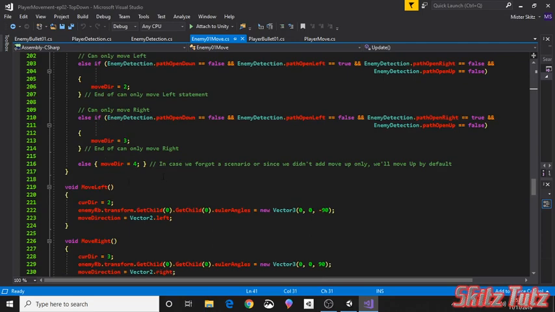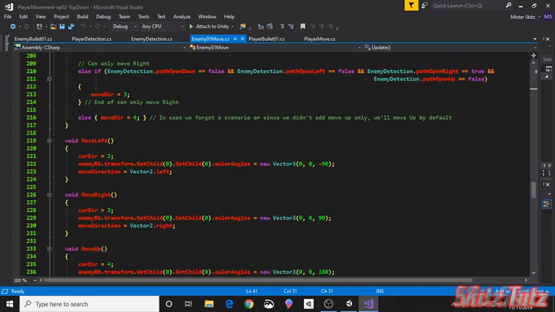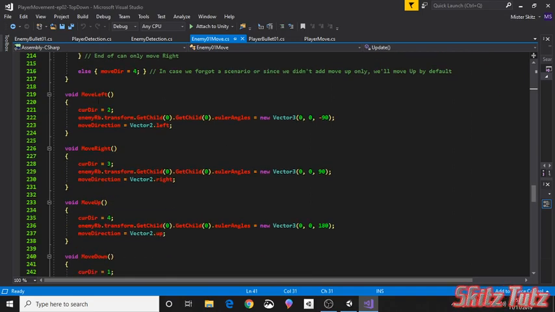And if we forgot anything, we're just going to go ahead and make them move up by default. So if he runs into a wall after that, then he'll just pick another number, and that's the way I have it set up basically. So this is how they're actually moving,